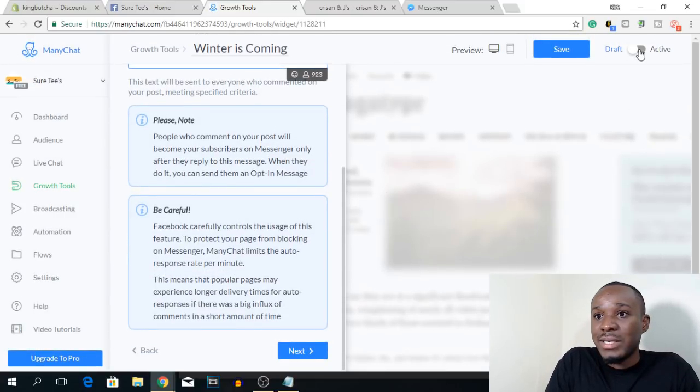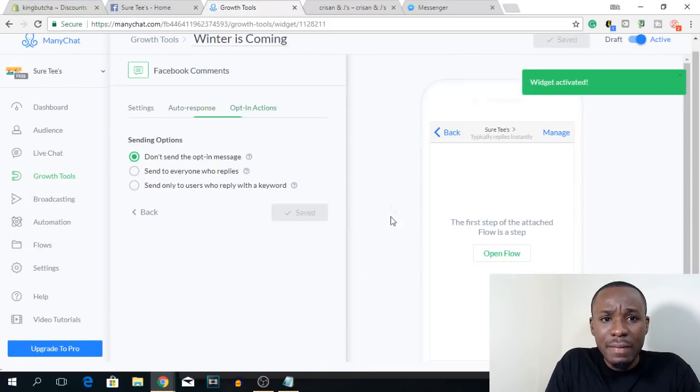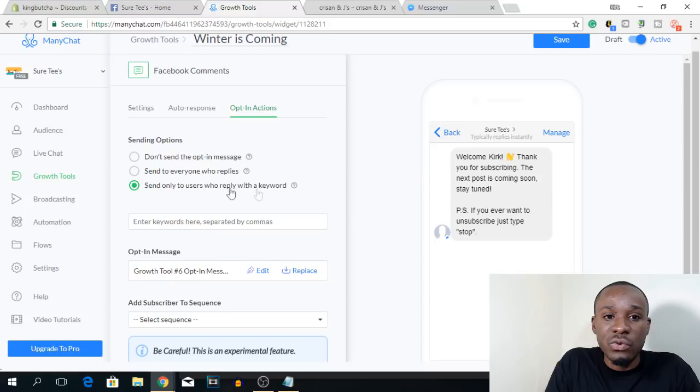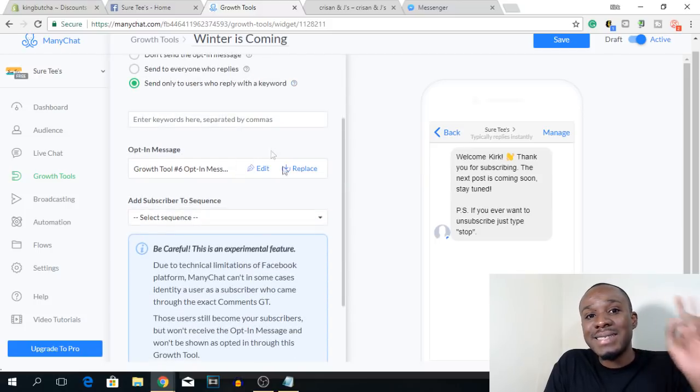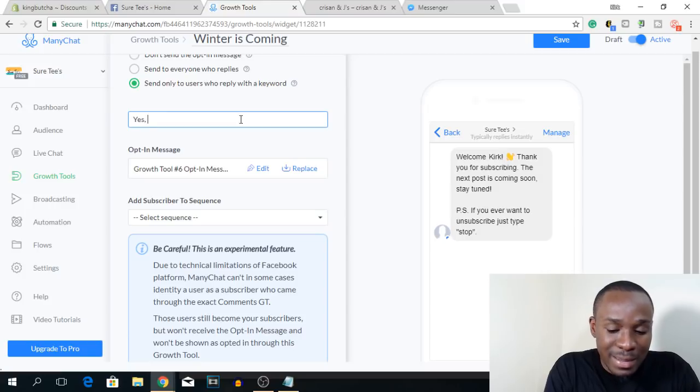Once that is done, what I actually need to do here is to turn on and make this active. So you want to make this active. Then you want to click on next. In this section, what you need to do is to click on the one that says send only to users who reply with the keyword. Since the keyword we just set in the previous step was yes, the only persons that type yes should get